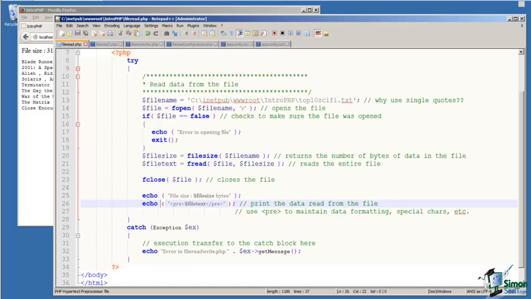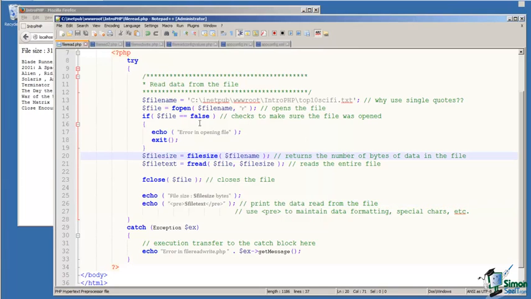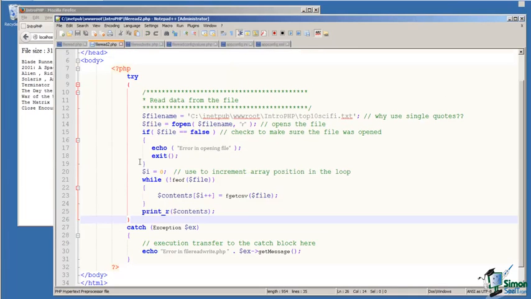On line 25 and 26, I echo the values that I've read from the file. So let's run this. I will reload the page, and we see we have a file with 310 bytes of data and the values as listed here. Now notice that the values are comma separated. Title of the movie, comma, director. This is important for the next code snippet we're going to look at, which uses the